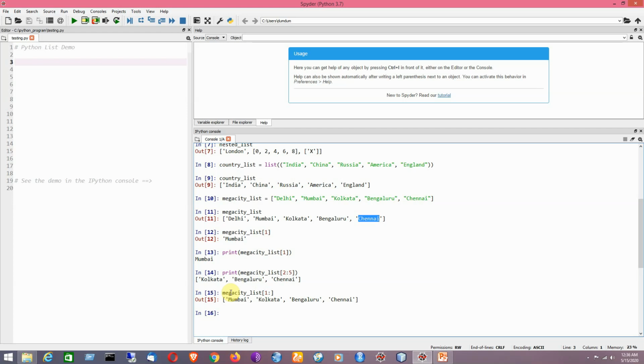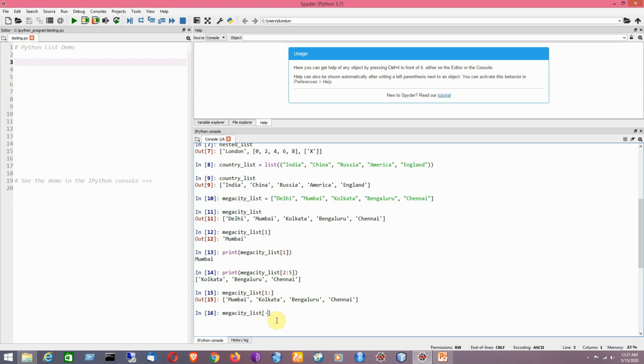Now I can also give you examples showing that Python supports negative indexing. Say for example, I am writing the variable name megacity underscore list, which is the name of the list.